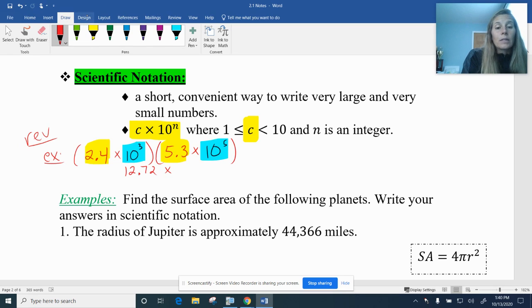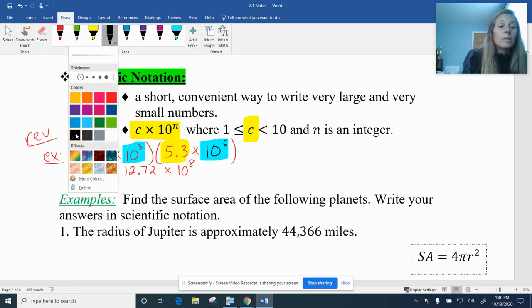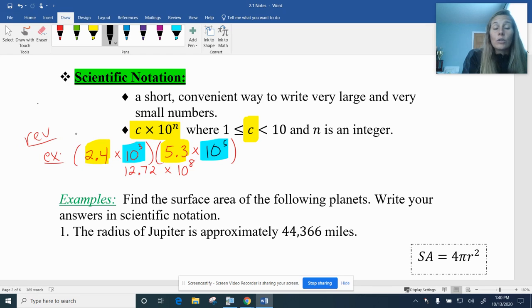So you have 10 to the 8th, because you're going to add your exponents. Now, the only catch is, like I just mentioned before, this is non-proper scientific notation because you have 2 digits in front of the decimal. It's 12. It's not a number between 1 and 10. So you'd have to move that decimal over to make it